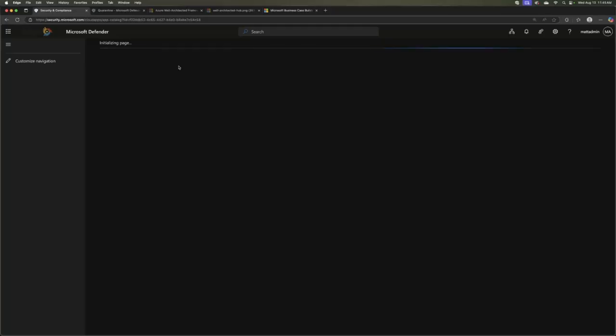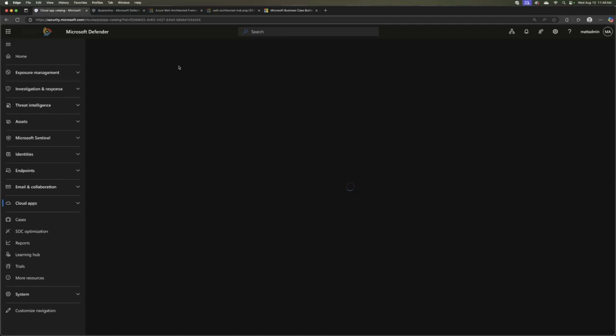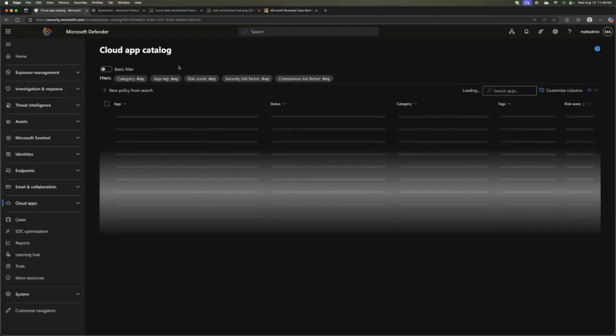We can use Defender for Cloud Apps to discover all of the SaaS apps that are in use across the company. If Justin was my client, or actually let's say Shannon was my client, I can come in with a trial license of Defender for Cloud Apps. There might even be an incentive program for this for partners, but I can come in with a trial license, run this for a period of time, collect the data, and then come back to Shannon with a nice report and analysis of here's all the apps that your employees are using on a daily basis.